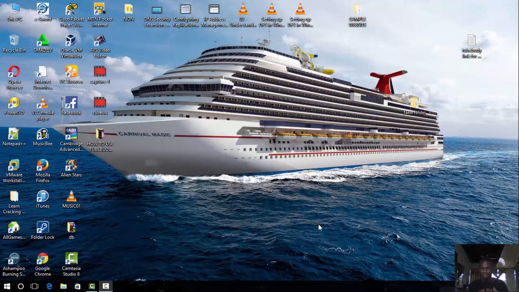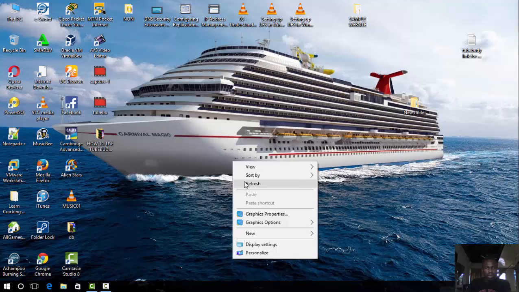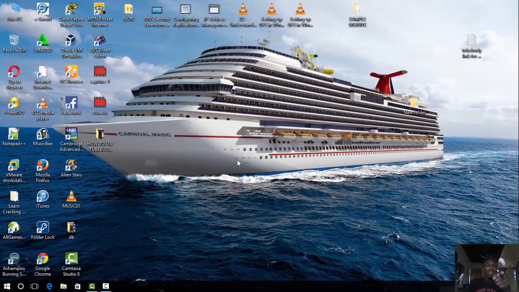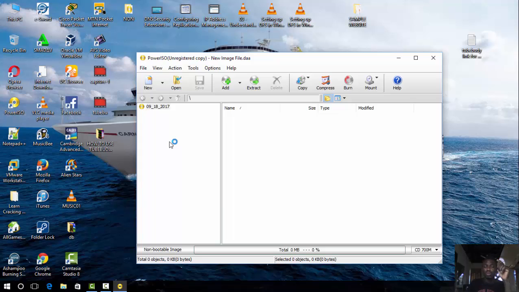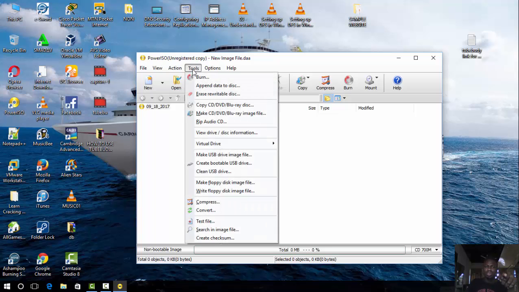USB for your installation. So right now I'm on my desktop, and what I want to show you is, before you can create a bootable USB, you can use software to do that, and you can even use the command line. I'm going to use Power ISO to create the bootable USB. Install Power ISO first, activate it, and click on Tools. Click on Create Bootable USB Drive,